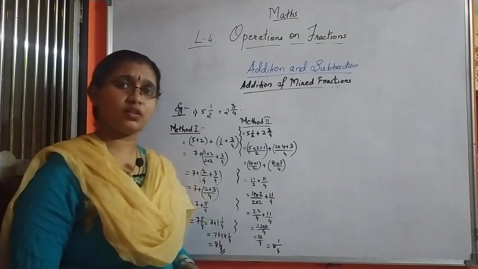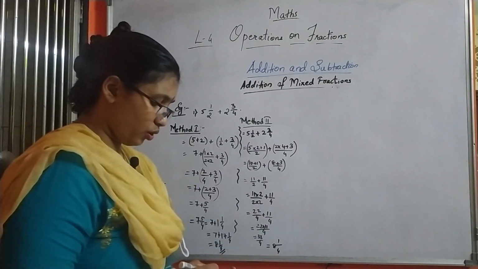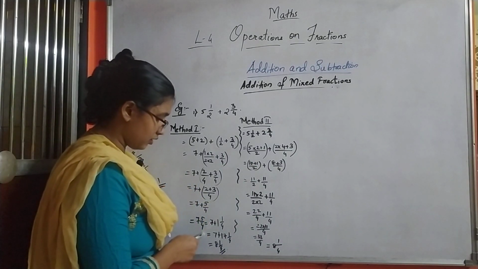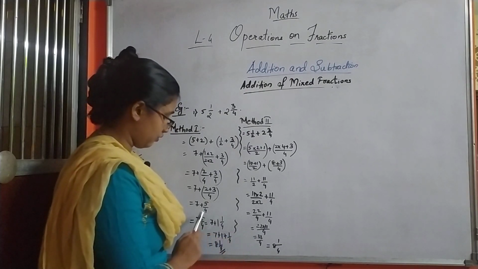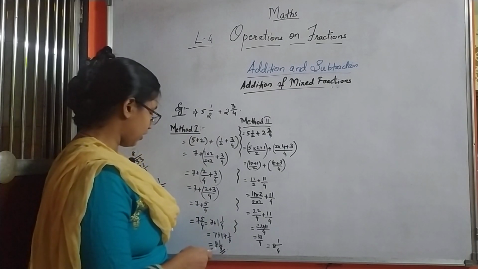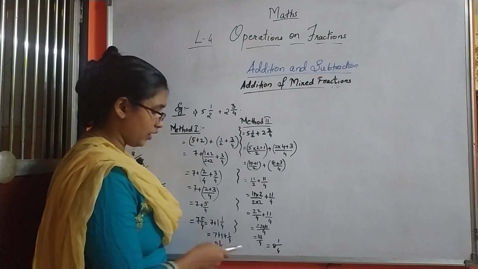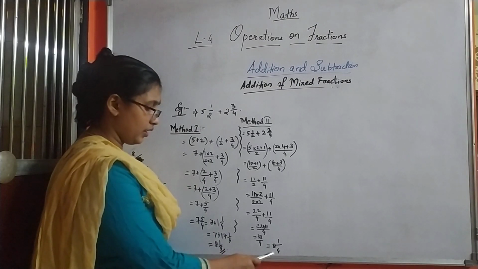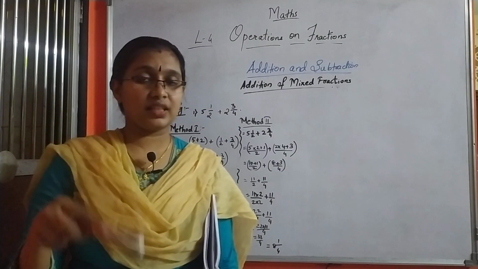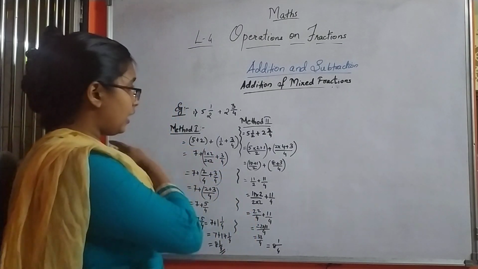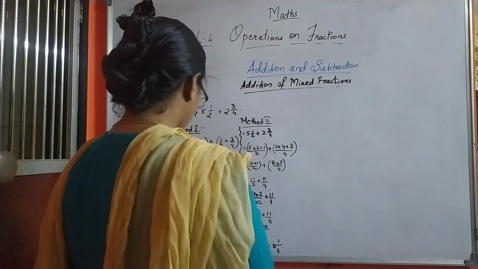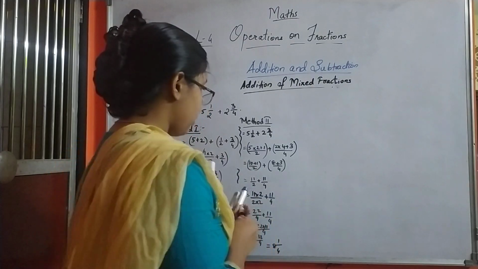Got it? Understood? Okay. So here you have both the answers. So always check, children, when you get an answer, check whether the fraction that you have received is improper. If you have got the fraction as improper, please convert it into a proper fraction with an integral number. Integral number and proper fraction. Proper fractions are the fractions whose numerator is less than the denominator. Understood? Now we will take up a question from your problem set 10.